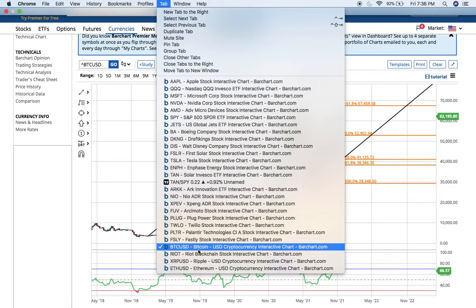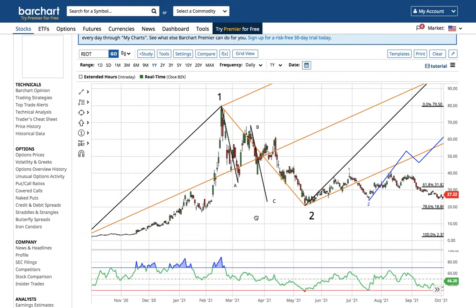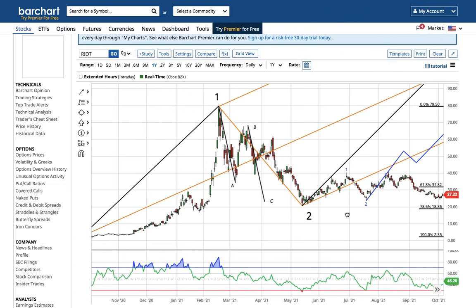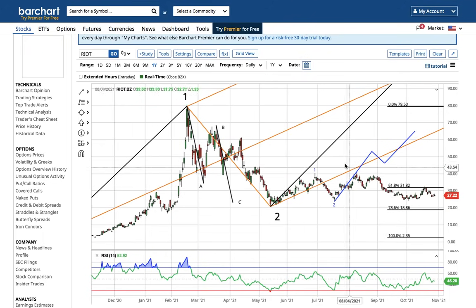I really wanted to talk about Riot Blockchain, Ripple, and Ethereum. Ethereum is a really pretty picture of what crypto looks like. This is the wave 1 and the ABC wave 2 for Riot Blockchain. The length of wave A, placed at the wave B high, is where wave C ended. So we're within a huge wave 3 that's going to take Riot all the way to 98. That sounds crazy, but remember, Marathon Patent Group going to 75 sounded crazy a couple months ago.